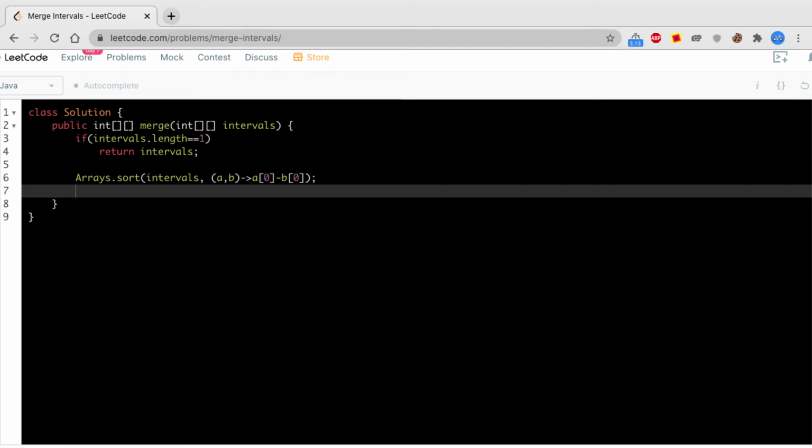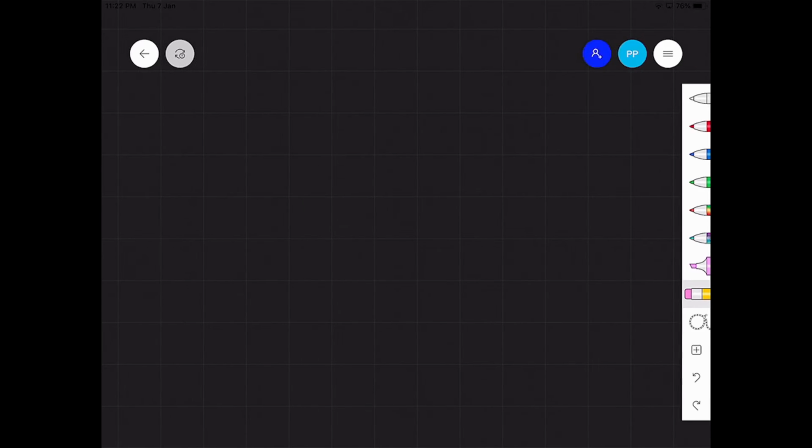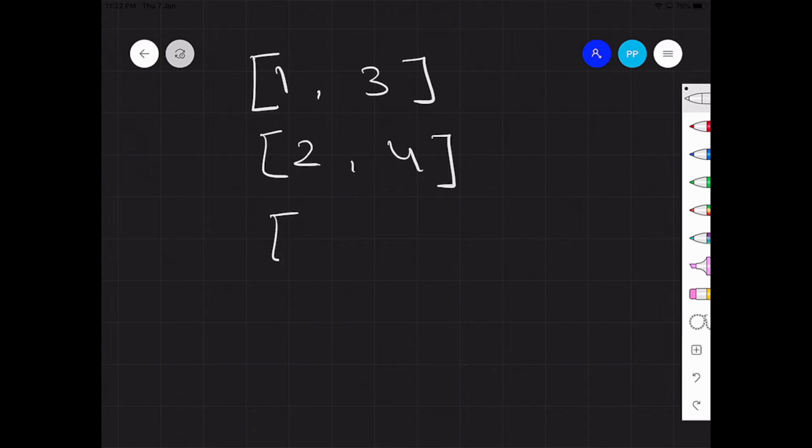Now let's see how we compare these so that we can merge them. Say we have an item like [1,3], the second item is [2,4], and the third item is [8,9].